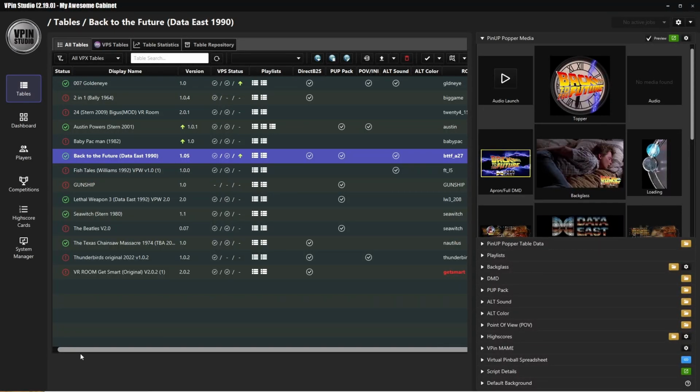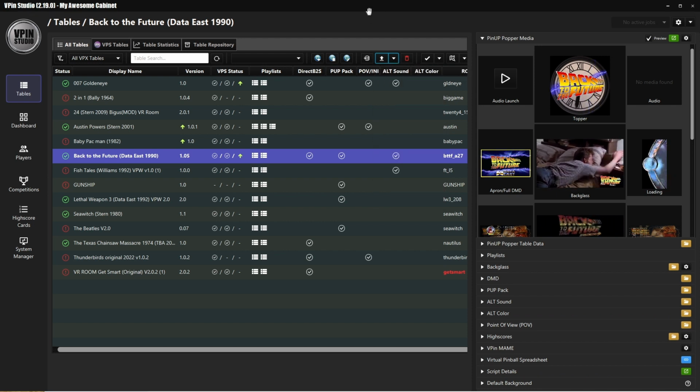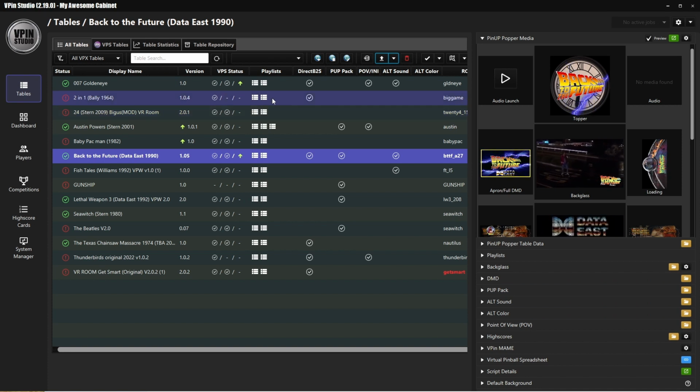Hi there. In this video I want to show you how you can use the different upload functions of the vpin-studio to upload tables, assets, pubpacks and all additional files that are required for a table. As you already know, the studio has several upload buttons either in the side area or in this upload menu, including the default upload button. I want to show you some different approach coming with the new so-called universal uploader,